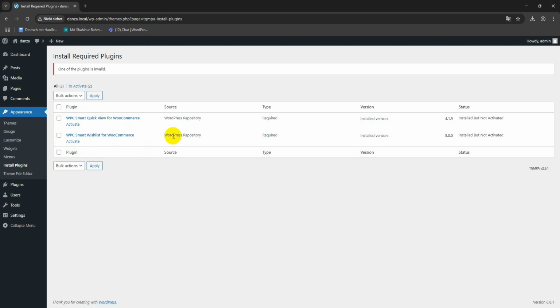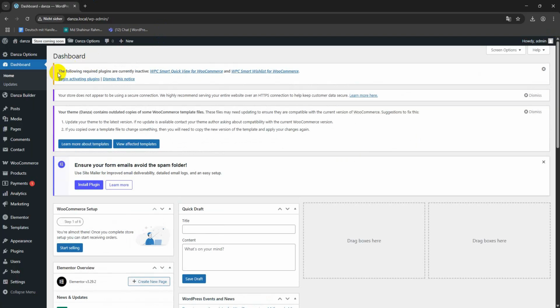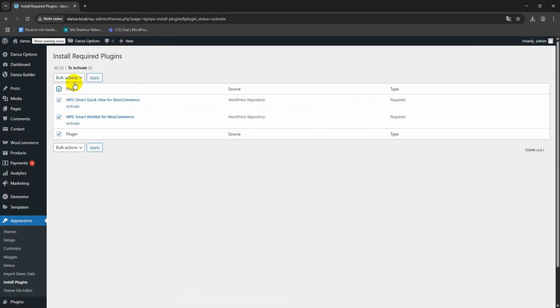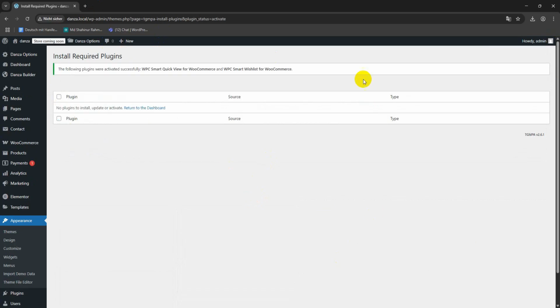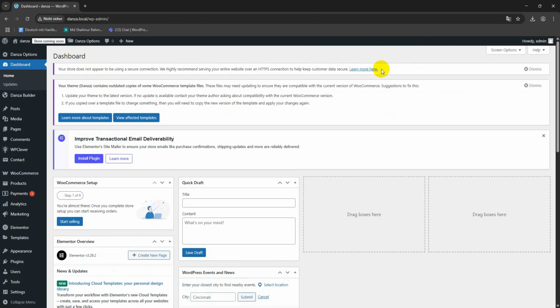So first install the WooCommerce plugin, and then when you go to the dashboard, you can see it automatically reloads and creates a different interface like the Elementor interface. For the Elementor interface, you need to click the cross button here, and after that you can see the dashboard is still showing 2 plugins not activated, and I need to activate all plugins. After activating, you can see all plugins are active successfully, and there are no notifications, but